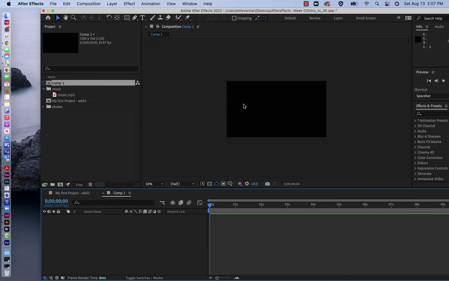And this one, I want to use the rotation option here. From the top menu, this is your home, this is your selection tool, this is your hand tool, where you can move things around, this is your magnifying tool, this is your rotation tool, this is your anchor. Basically it shows you where your anchor point is, because sometimes you want to have it in the center,